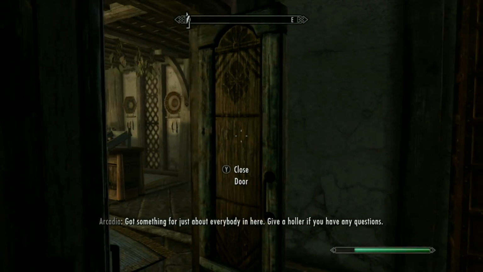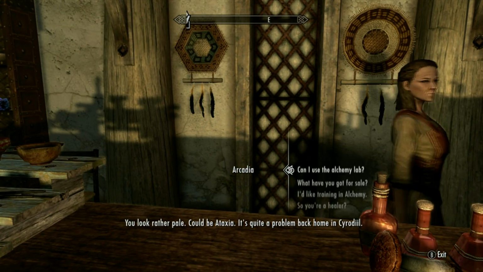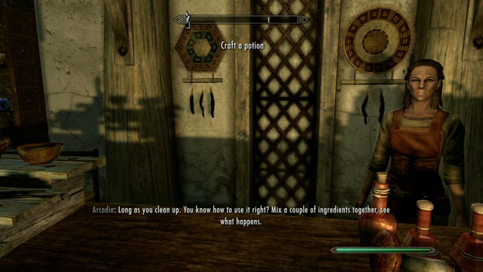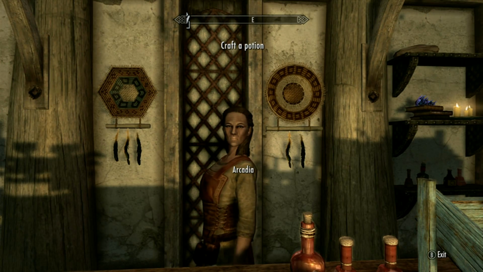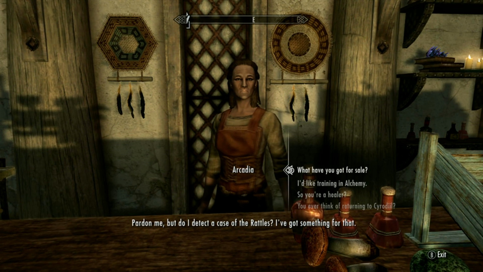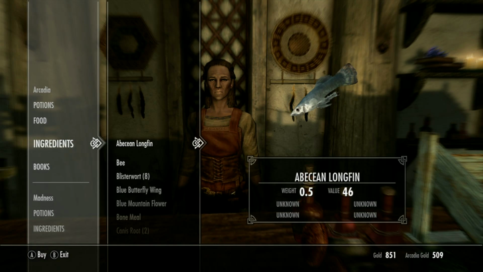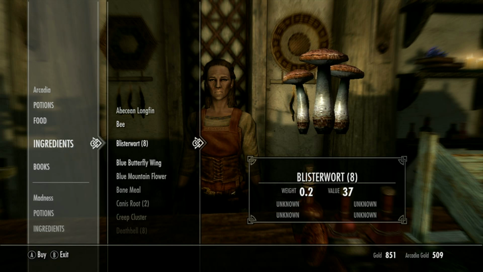And the ingredients that you want to look for, I usually buy out all the cheap ingredients. It really doesn't matter what you buy. Just spend all your money because you're going to be getting it all back right away. I usually go for all the cheap ingredients, just stuff that's inexpensive, gives you a lot of room to work with. And right now, you don't know any potions, so you're going to have to really burn through some